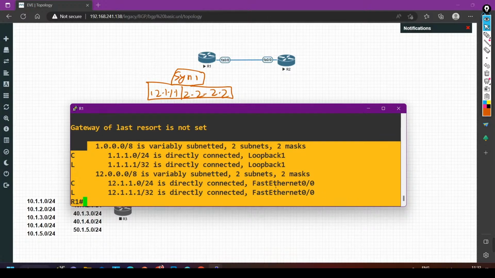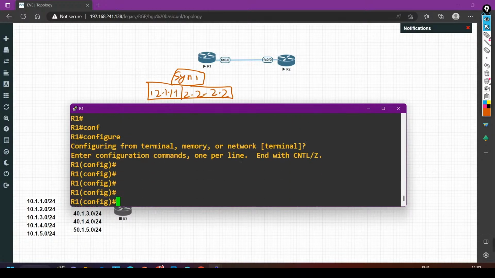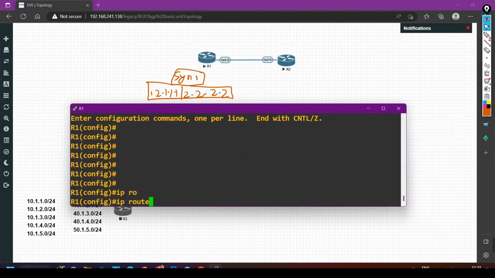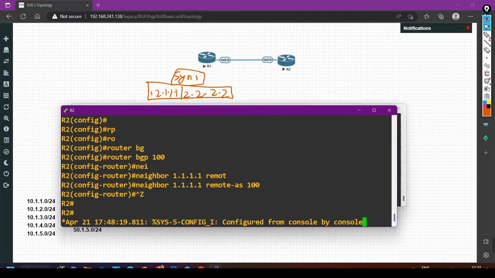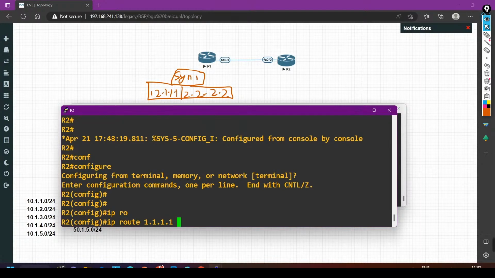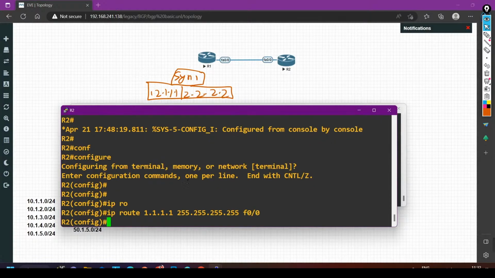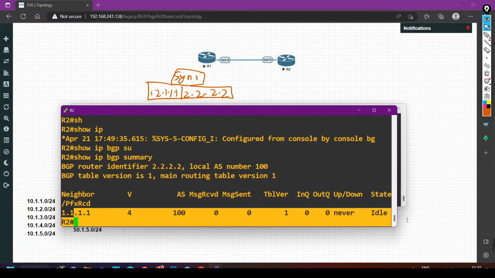So the first requirement is that the loopbacks should be reachable from each other. So can I configure a static route? IP route 2.2.2.2 255.255.255.255 F0/0. Okay, let me do the same thing on router number 2 also. IP route 1.1.1.1 255.255.255.255 F0/0. So show IP BGP summary. BGP neighborship is still